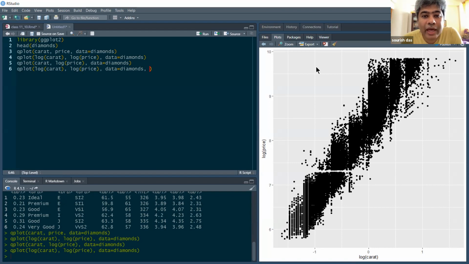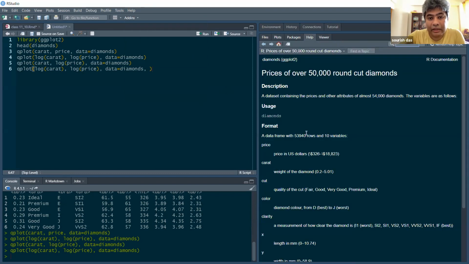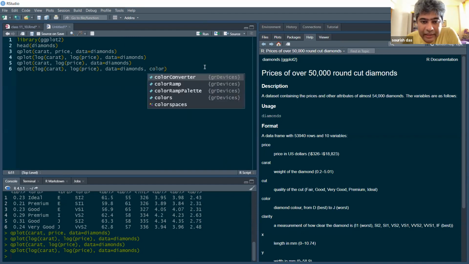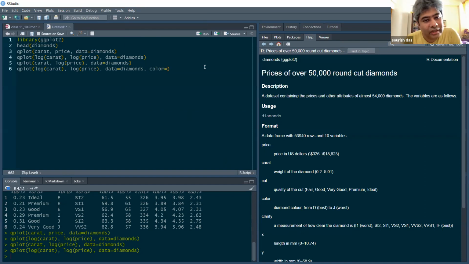If you go to the help, here in the help you have price, carat, cut, and color. So color is one from D to J, and cut is another, from fair to ideal. So you can just use color equal to color.